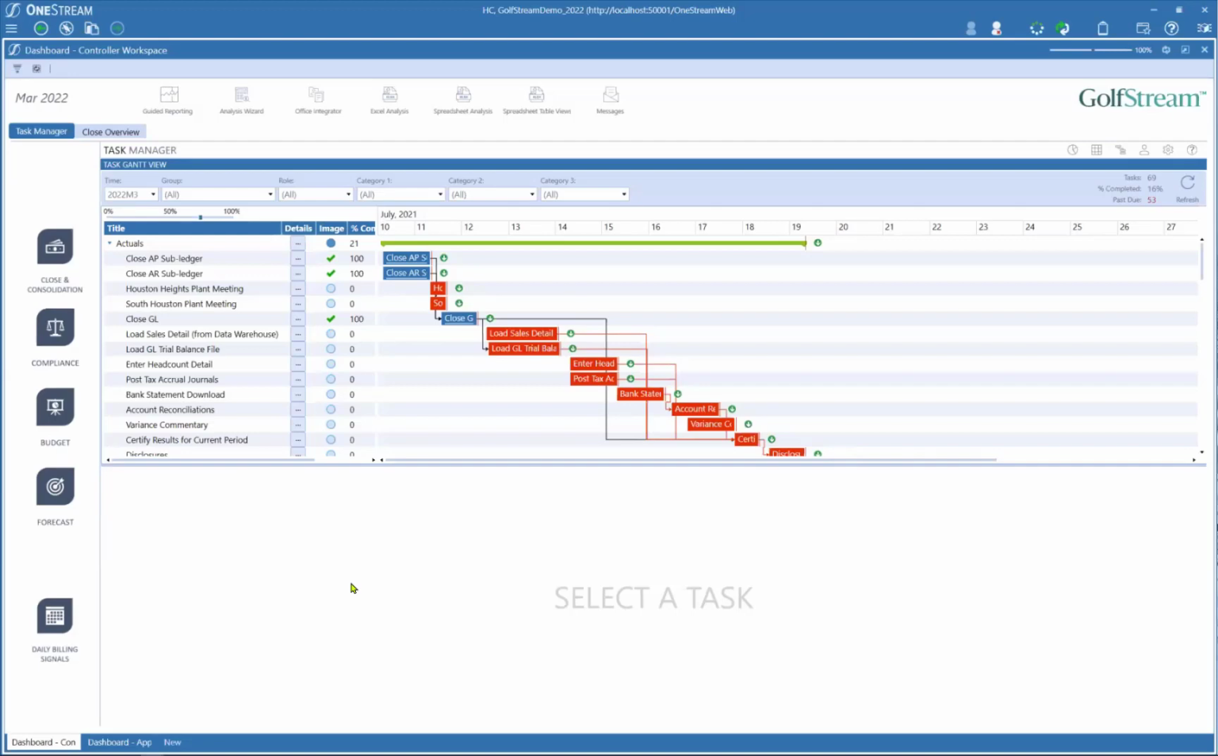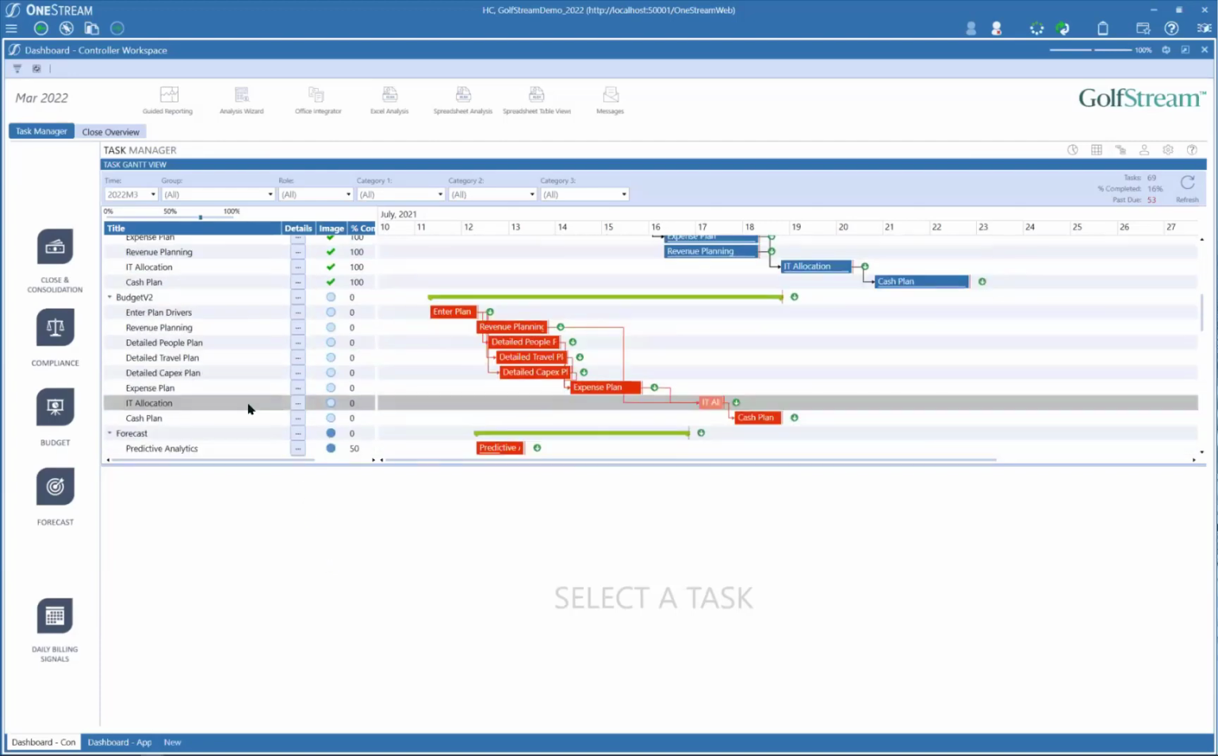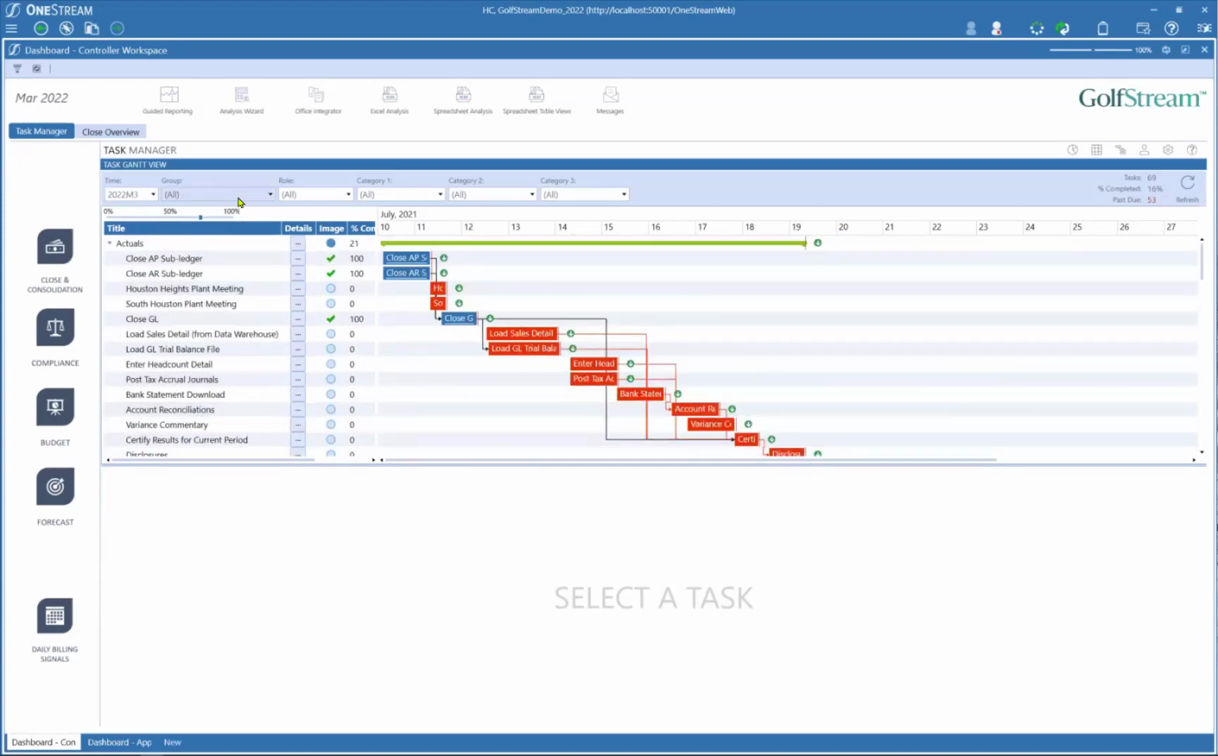What I'm doing here is picking up from a workflow perspective as the controller in Houston. And so I'm actually looking at Task Manager, which is one of the solutions in the marketplace, and that helps me to control my workflow. Right now, I'm looking at all the things that I have to worry about, and there are a number of them. I'm going to focus in on my metadata